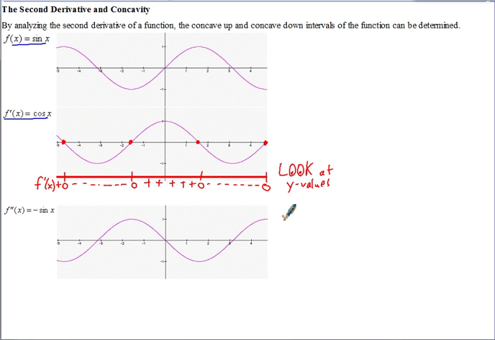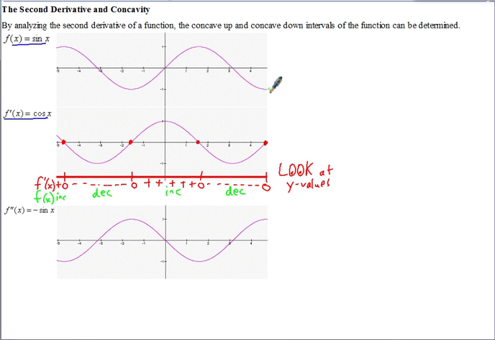So what this shows us about the original function, f of x, remember this is the slope of the original function, so we can see it's increasing when its first derivative is positive, decreasing when it's negative, back to increasing when it's positive, and back to decreasing when the first derivative is negative. And we can see that on our graph if we look. You can see the original function increasing just a little bit, then it's decreasing, then increasing, then decreasing, just like our number line shows. So we did that part before, but now let's take a look at what the second